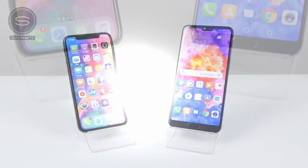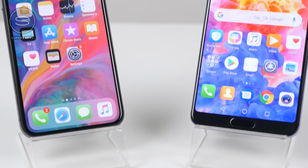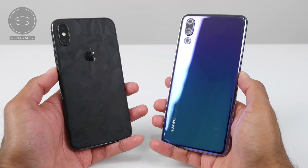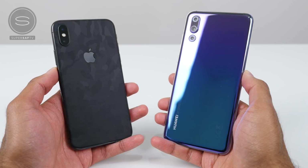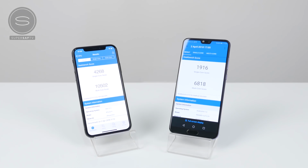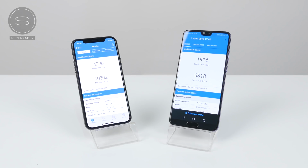It's notch versus notch, the iPhone X versus the Huawei P20 Pro speed test. We're going to be doing a bunch of tests. We'll be looking at benchmark scores, testing out some regular social apps, then moving on to games, and finishing off with RAM management. So without wasting any time, getting straight into it, looking at benchmark scores, the iPhone X scores